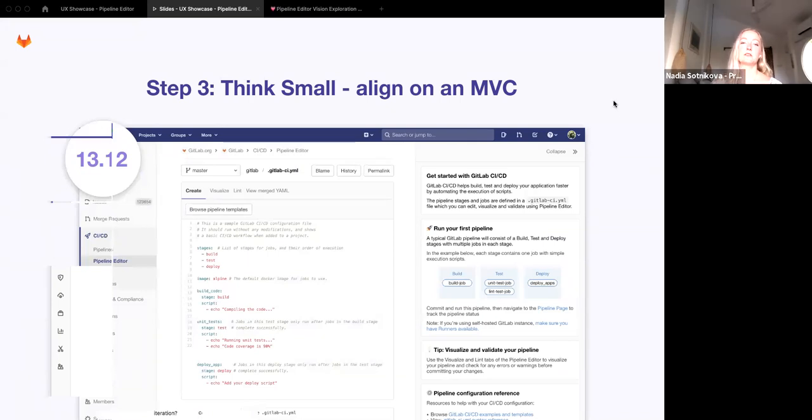After that, I presented my ideas in a Think Small session, and we very quickly aligned on one of the concepts that I explored, which was the sidebar or the drawer for the pipeline editor. And this was very different. It's not a visual builder, not really. We decided that we mostly rely on CI/CD documentation to guide our users through the process of setting up CI/CD. And generally, once you land on the right page in the documentation, in the UX interviews we saw that